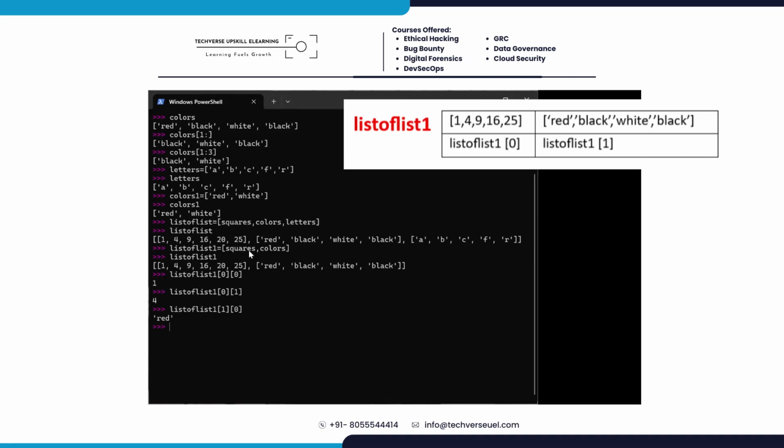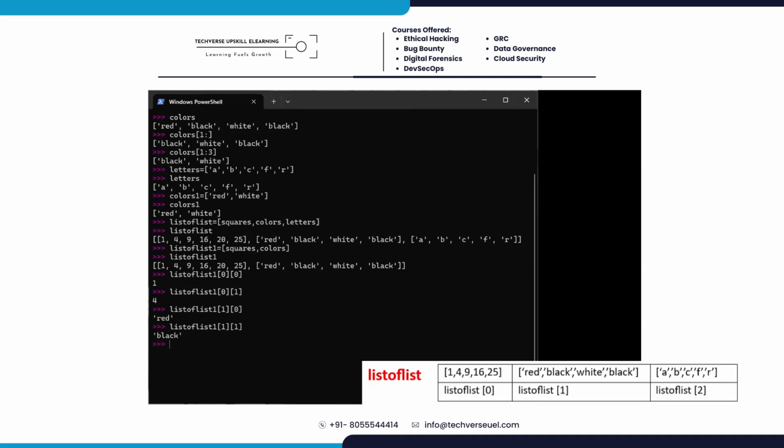See, this squares list is at the 0th column and this is at the first column. So when I want to access this, I have to have 1 and the row is 0. So 1 of 0. Then the column is first, the row is 0, so I can get black. 1 of 1 will give me